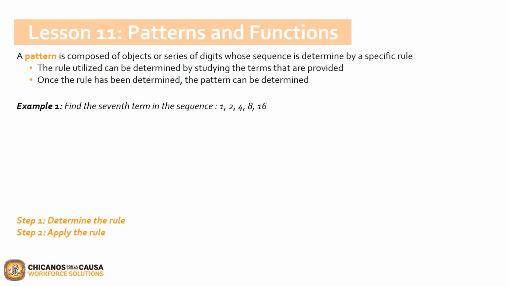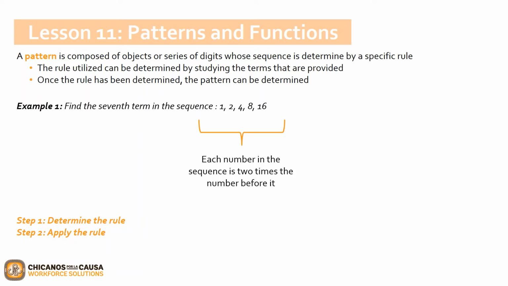So if I'm looking at my sequence, I can see that in this particular sequence of numbers, each number in the sequence is 2 times the number before it. So what does that mean? First we have 1 and then we have a 2. So I know that